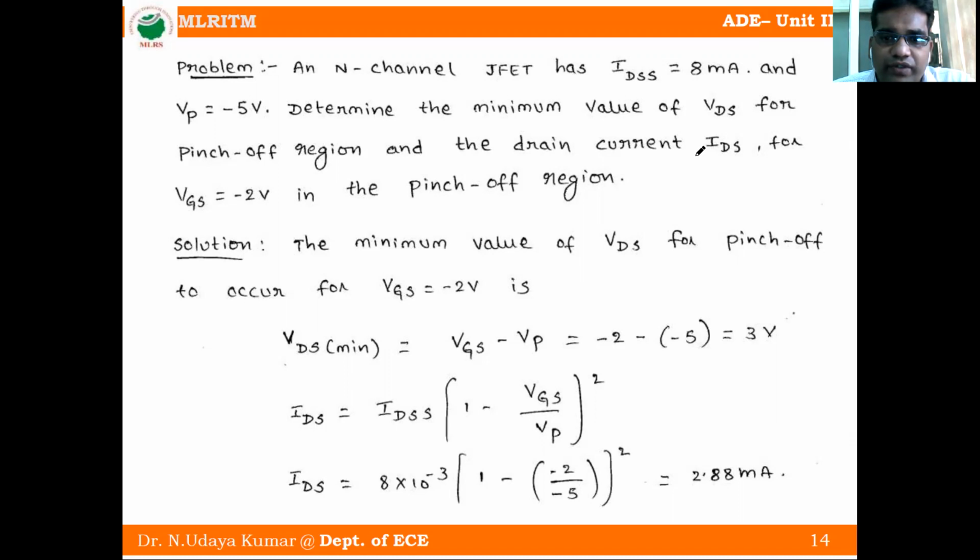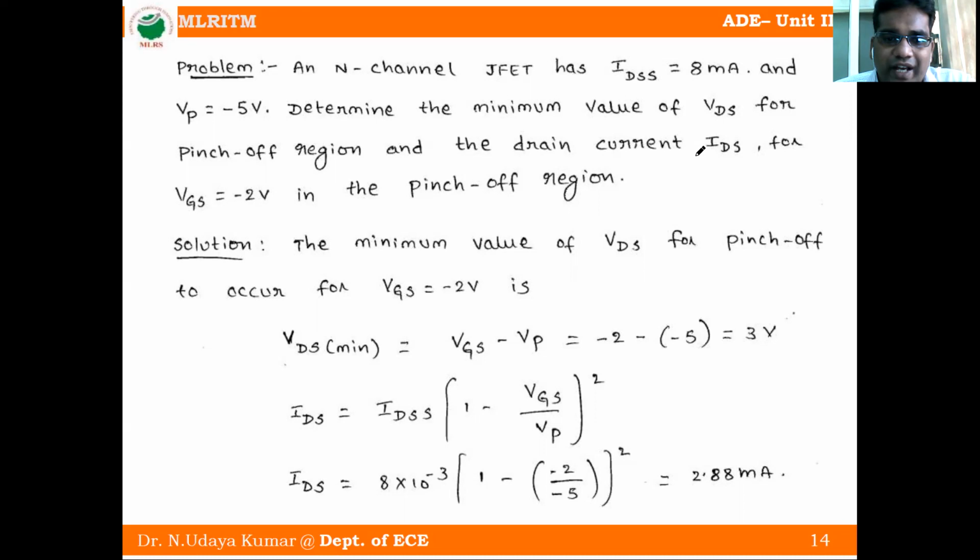So write down this: VDS minimum is equal to VGS minus VP. So substitute these values: minus 2 minus (minus 5), we will get